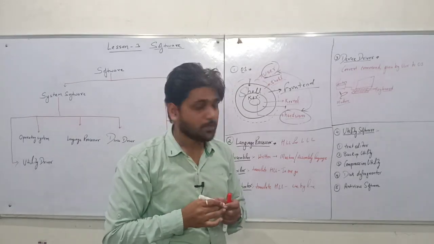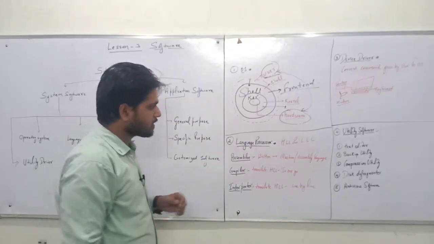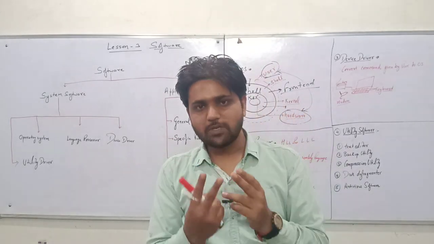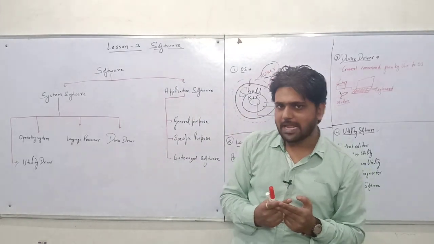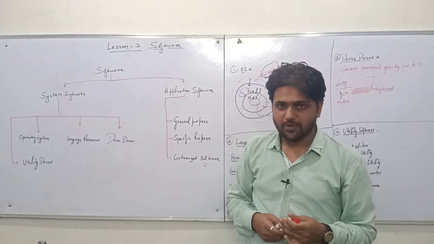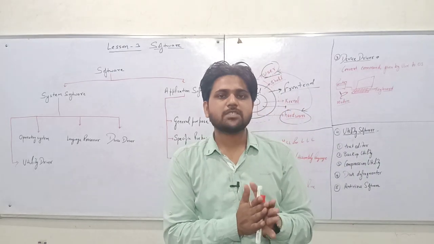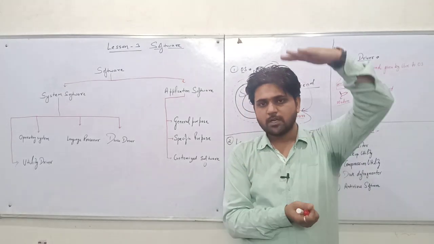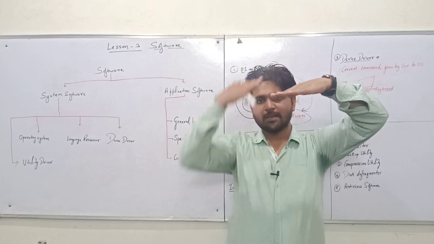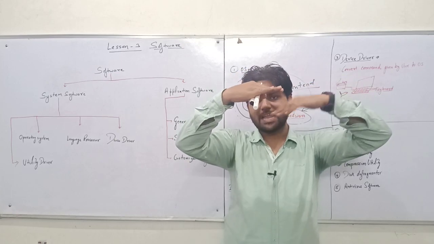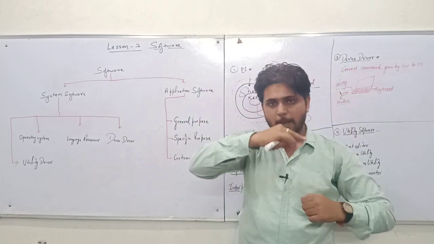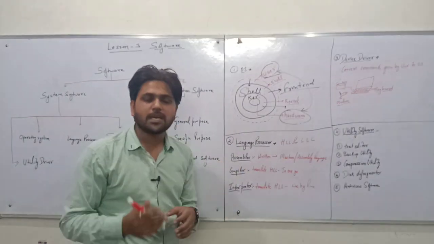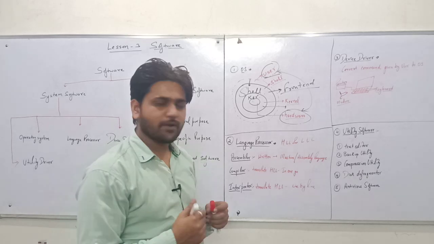Talking about language processor, basically in the computer system we have types of language. The first one is low level language and the second one is high level language. One more language is there, that is machine level language. If talking about proper language processing, the basic language is machine level language. Above that we have low level language, and above that we have high level language. Machine level language is written in the format of binary codes, that is 0 and 1.